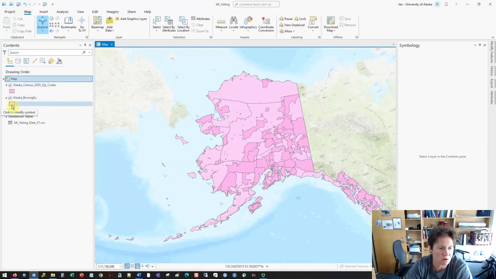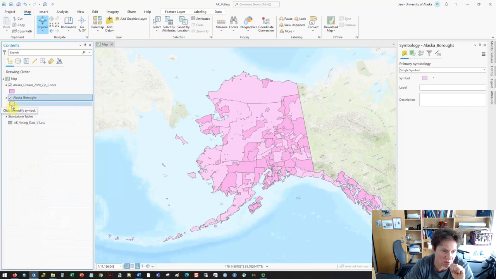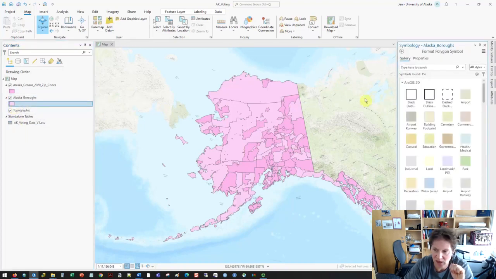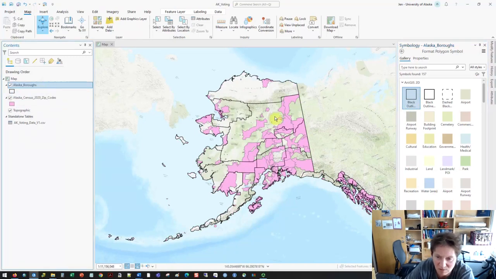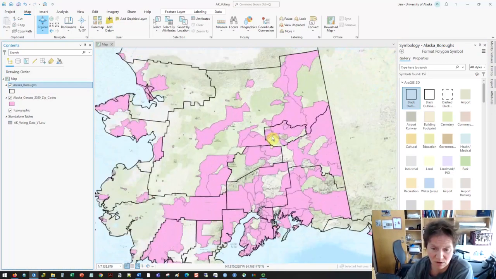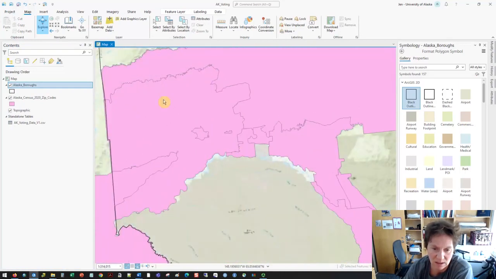I'm going to make this boroughs empty, just the outlines. So you can either double click on this, or you could go to properties, or you could go to symbology, right click and go to symbology. I'm just going to double click on the pink blob here, and then go over here and then click on black outline. Okay, and then I'm going to move this to the top so it kind of displays on top of my zip codes. So I'll zoom in a little bit, and so these are zip codes for the state